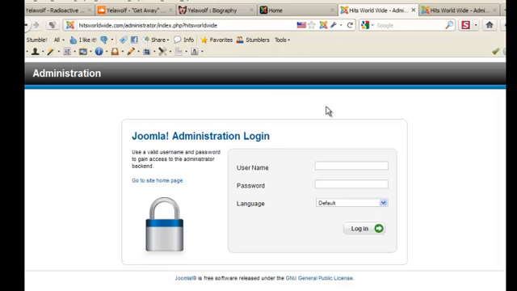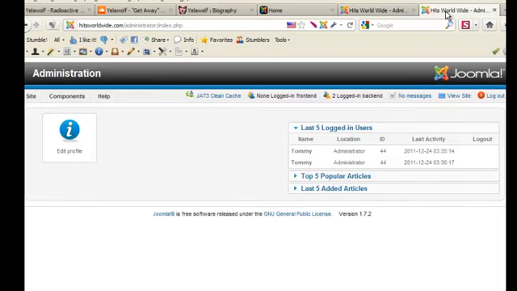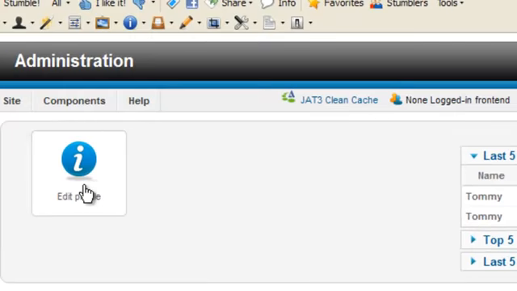Once you do that, it's going to bring you to the screen here, and basically just type your username and your password, and that's going to give you access, if you have the permission, to the back end of the website. This view is just for writers. Obviously an administrator has a different view that controls the whole website, but this one will give you access to editing your personal profile, and this will change according to the person that's logged in,